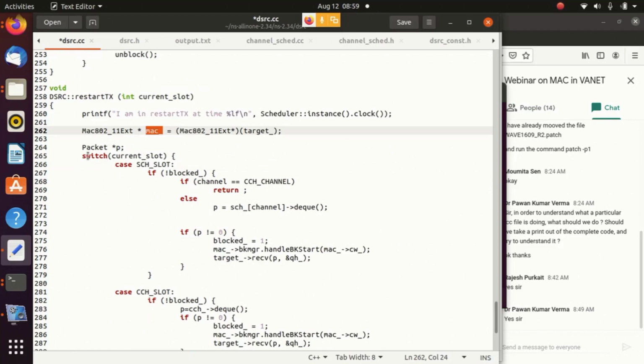Okay. So switch current slot. What is the current slot? CCH slot. So current slot